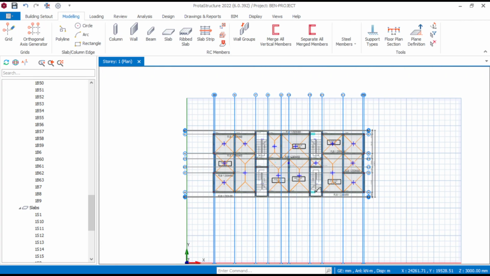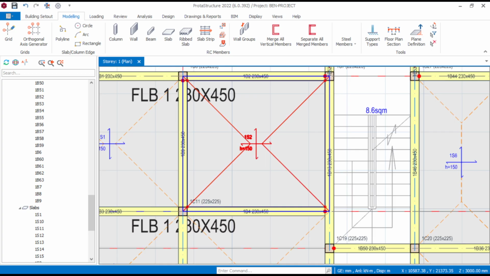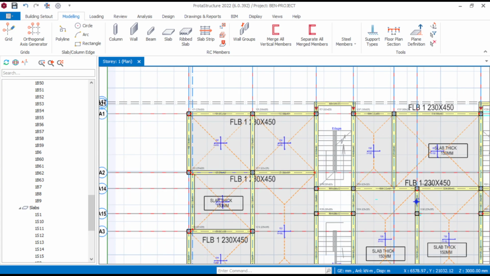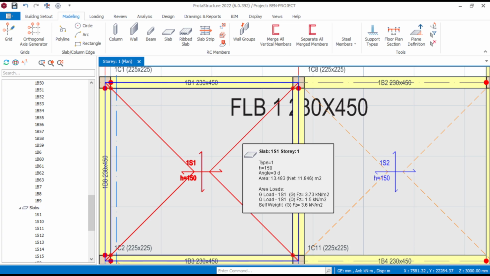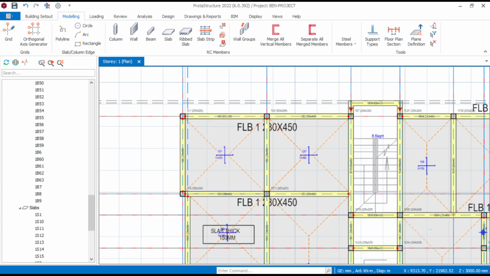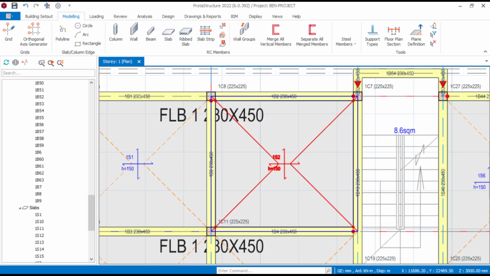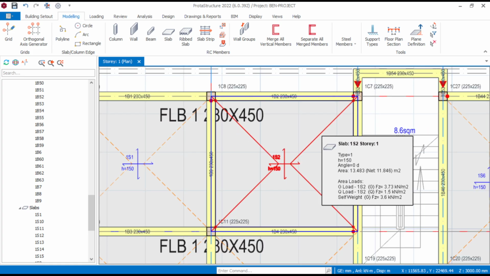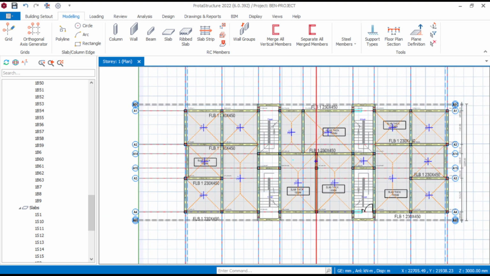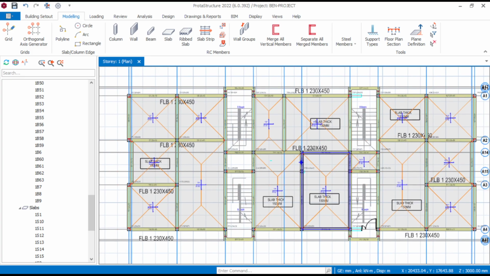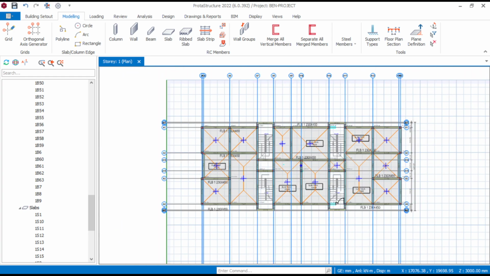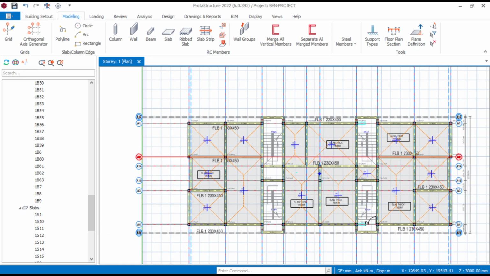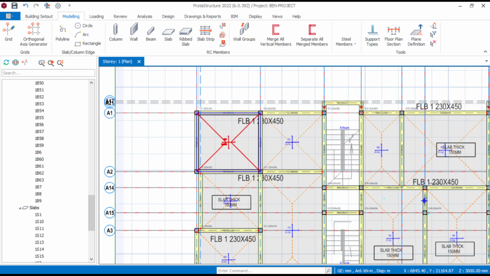Very good. Now you see that I've actually placed my slabs in the panels, but there's something that I want to explain to you. If I put my mouse here, you see that the boundary condition is type 1. In some cases, we can say case 1. For those that know how to design manually, this one is also type 1, which is wrong. So we can't say that all the boundary conditions are type 1, because in this slab now, we have case 1, case 2, case 3, case 4, case 5, case 6, even case 7. So how do we now make sure that the software gives us a true reflection of the end condition